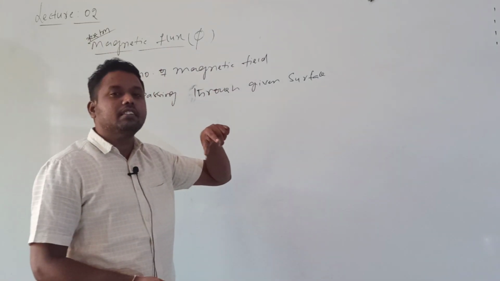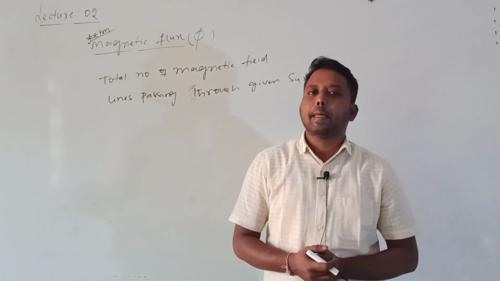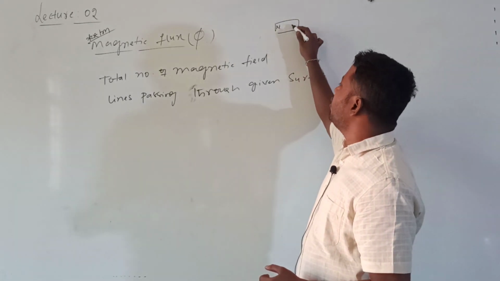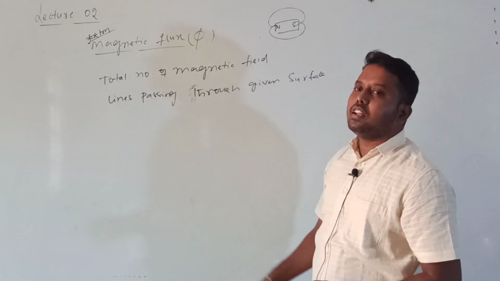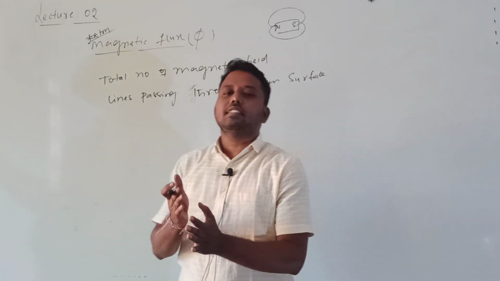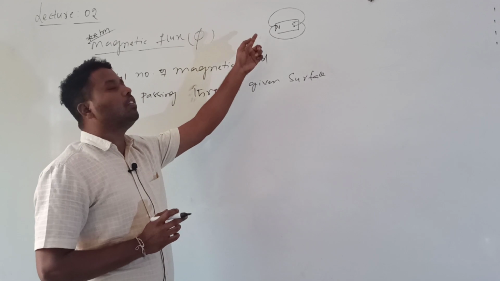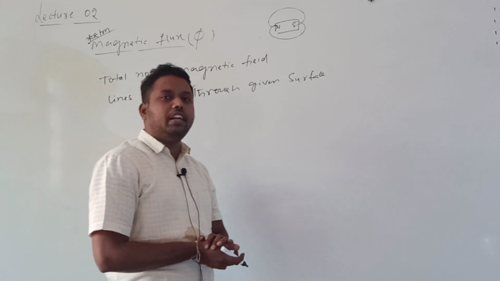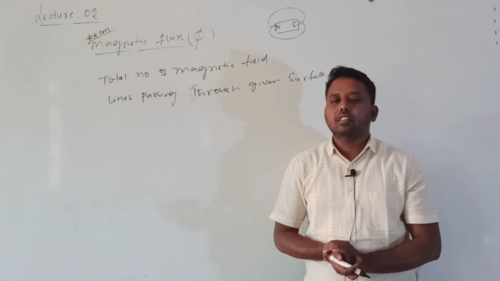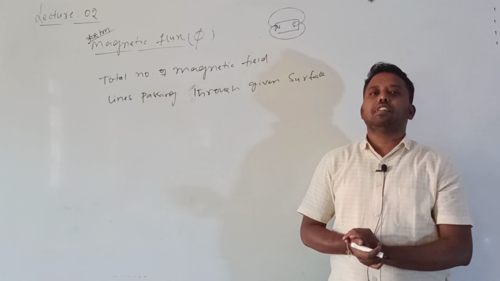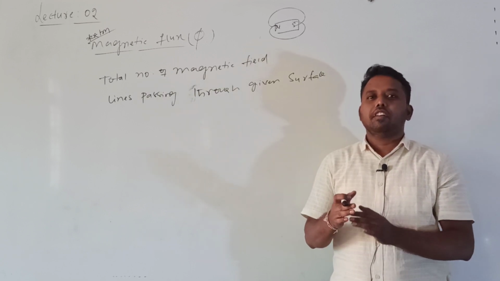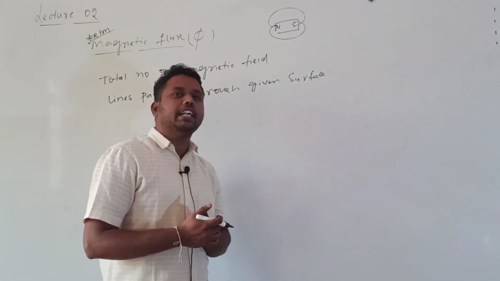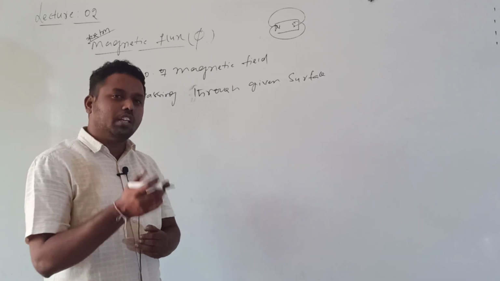What are magnetic field lines? In the magnetism and matter chapter you studied them. If I consider a north pole and south pole, then magnetic field lines are straight lines or curves such that the tangent drawn at any point gives us the direction of the magnetic field. Regarding the field lines, you also studied the properties. Field lines will never intersect. They start from the north pole and terminate at the south pole. If they are crowded, the magnetic field is stronger. If they are fewer, the magnetic field is weaker.